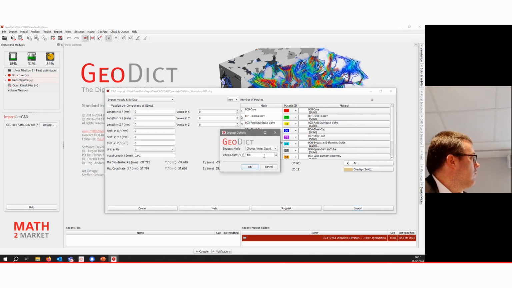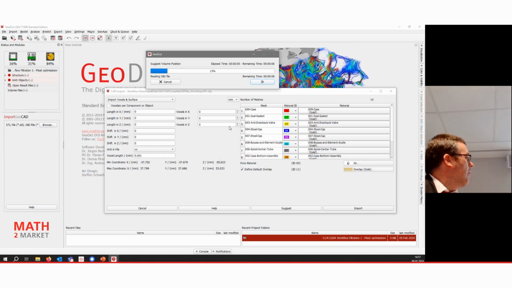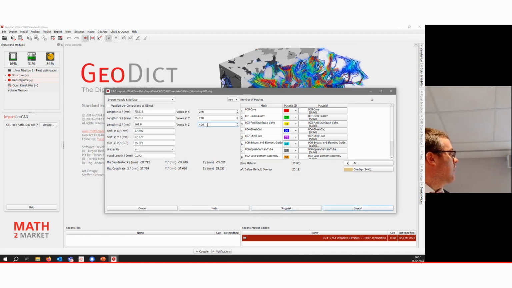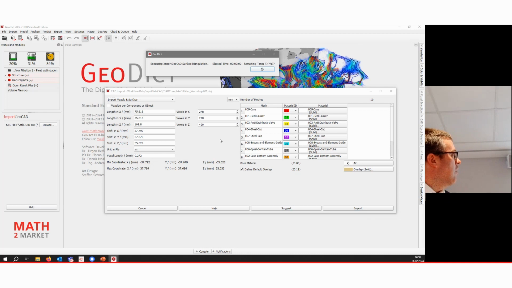And now, as I mentioned, 400 voxels may be fine, isn't it? I've included 400 voxels, in the vertical direction as well. The filter has a height of 5.5 centimeters. Then I can press import.